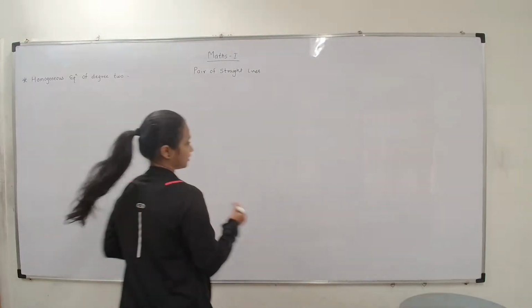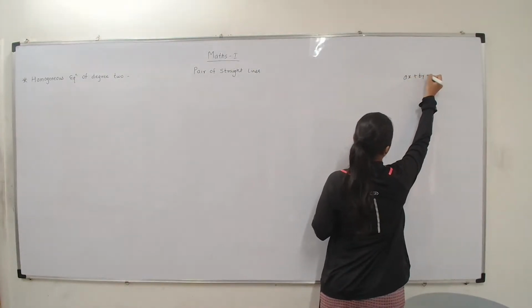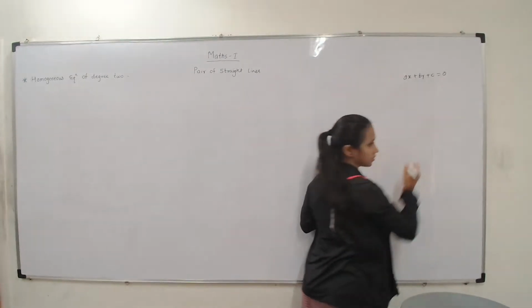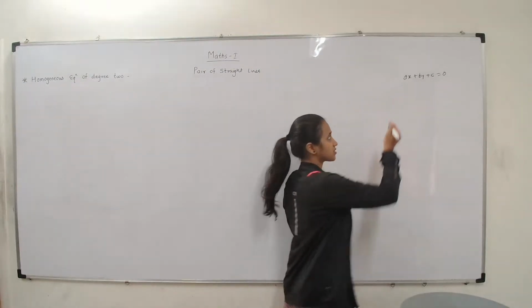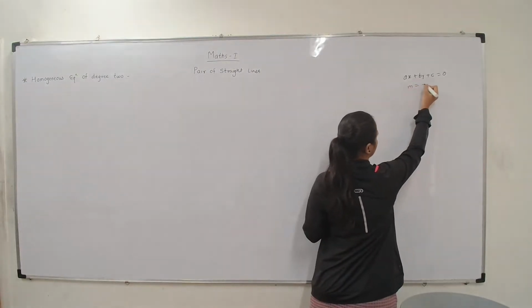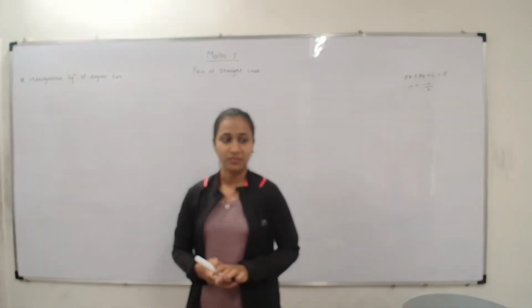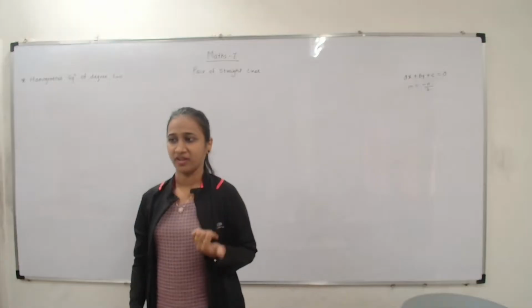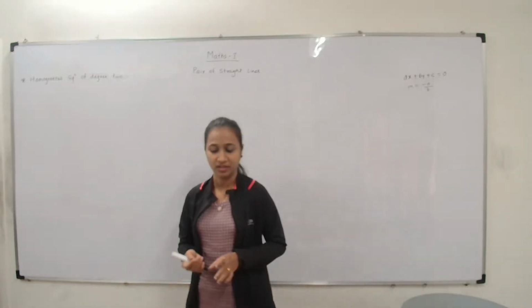So if your line is in general format ax plus by plus c is equal to 0, then its slope is given by m is equal to minus a upon b. Okay. So sometimes usually exam मध्ये असं देतात one line is parallel to given line, other is perpendicular to another given line, and then